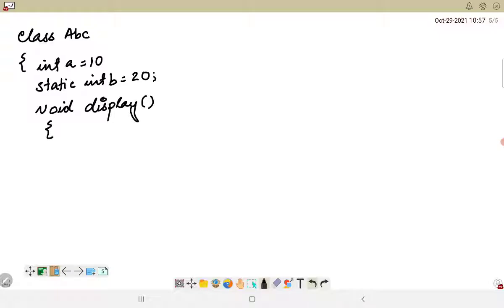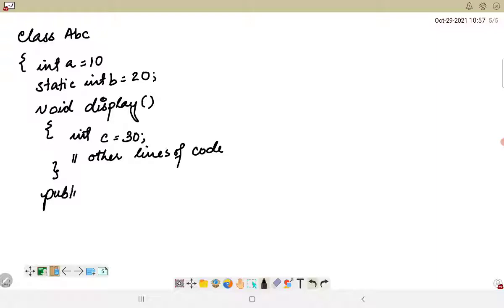So void display is the method within which I have a variable 30, and there might be some other lines of code here. Okay, so I'll close this. After that, let me write down the main method here, which is public static void main, string arguments.